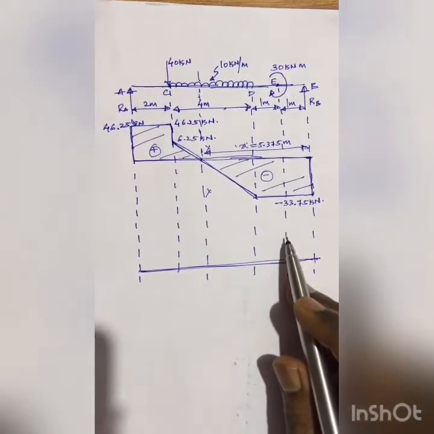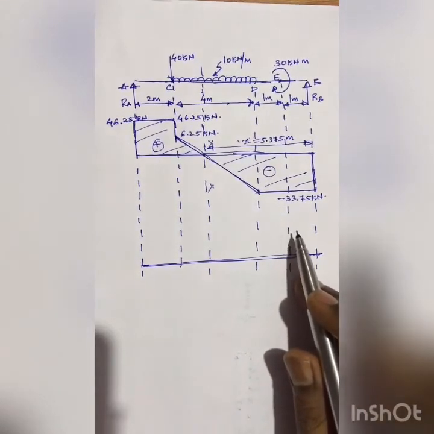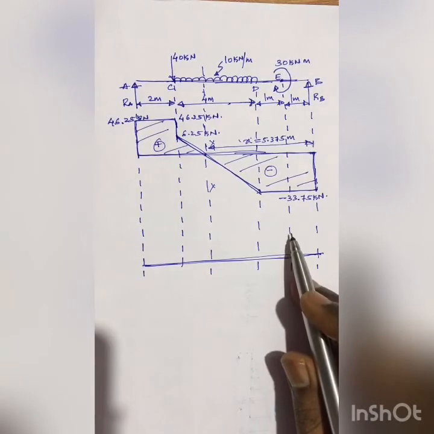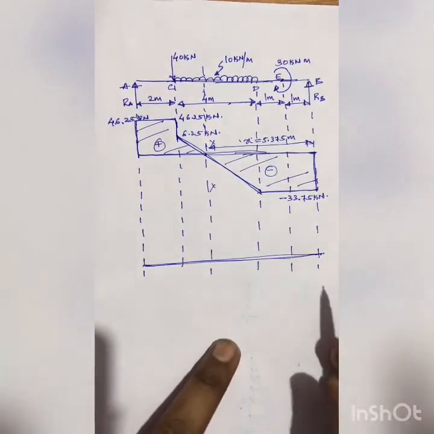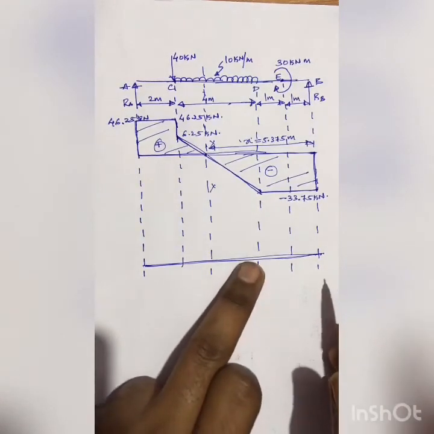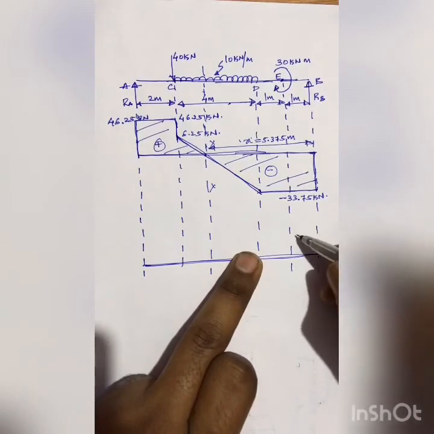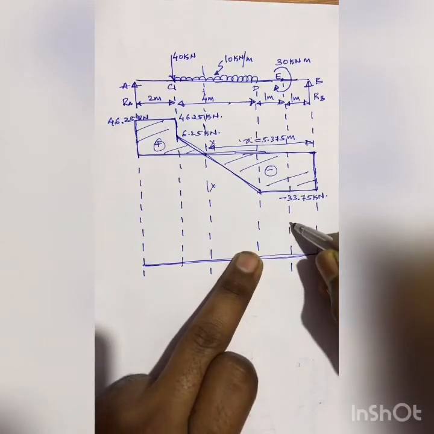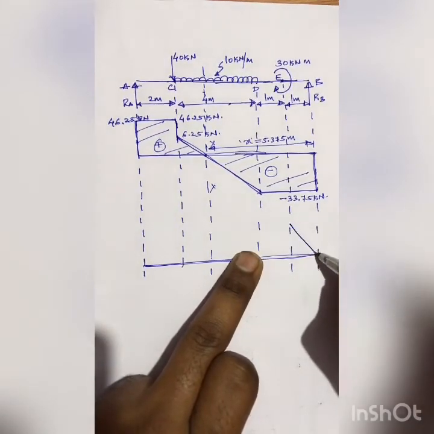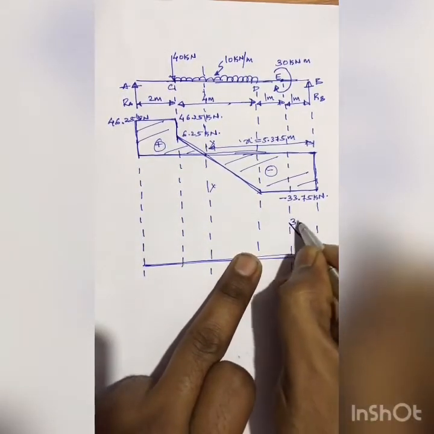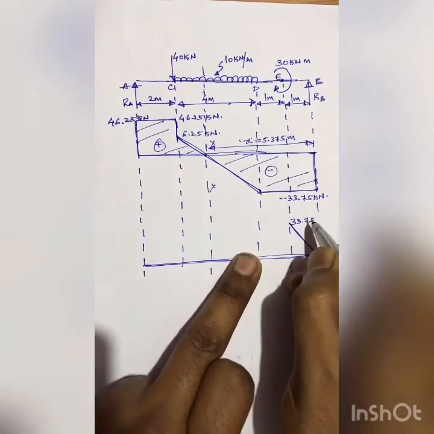At E we have found the bending moment twice, once by neglecting the couple and a second time by considering the couple. So without the couple we got the value as 33.75 kilonewton meter, and the variation from here to here will be linear. This value is 33.75